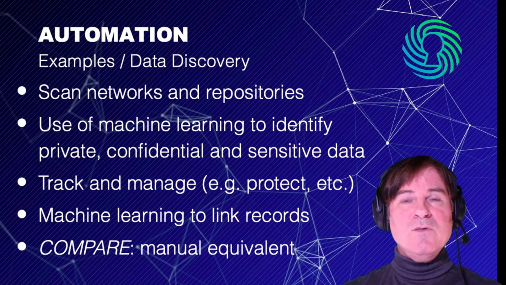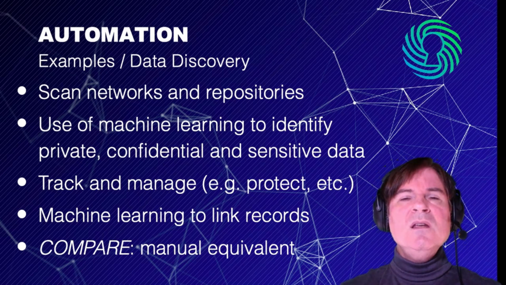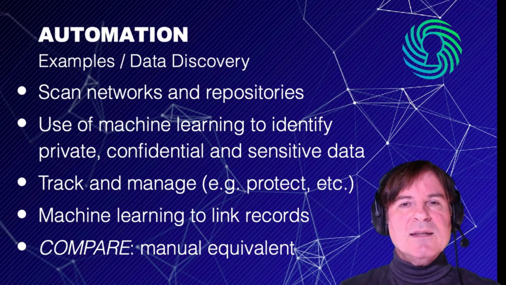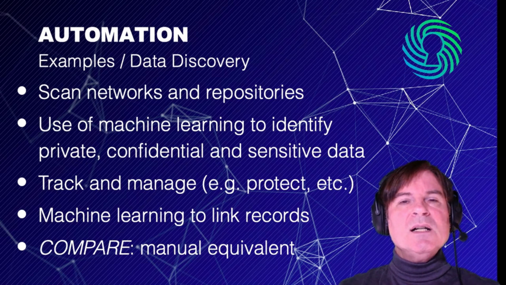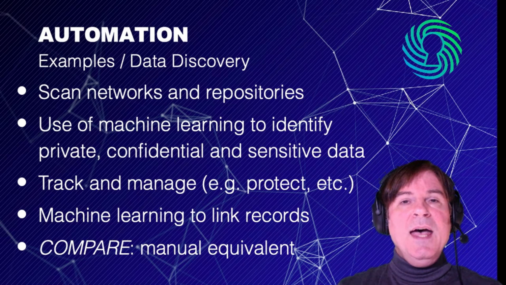While we can't cover every example of how automation is used in the compliance area, there's one that bears mention in particular, and this has to do with what many call data discovery. These tools are built primarily for privacy and data protection laws, where you're required to track and manage private, sensitive, and confidential data. It includes the ability to find trade secret information that you're supposed to protect as well, certainly.